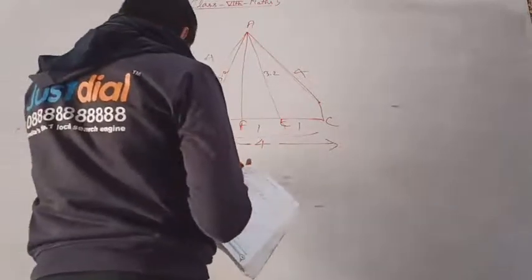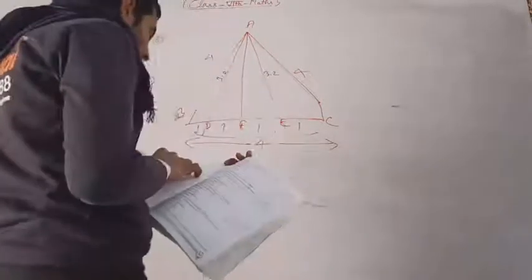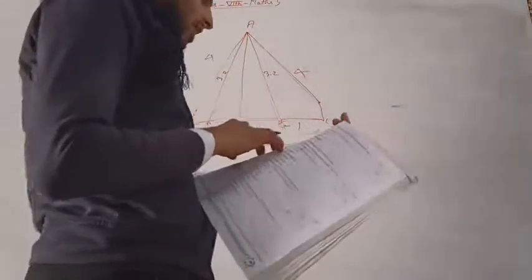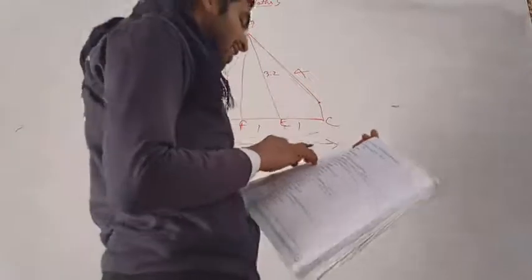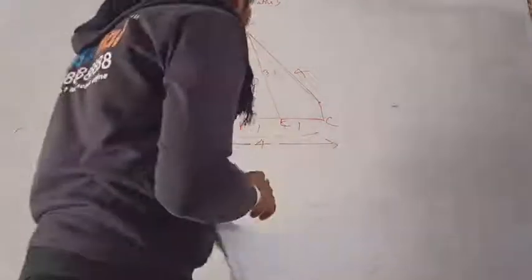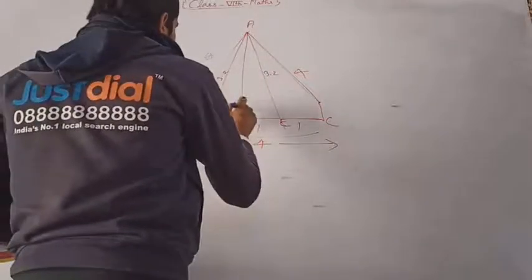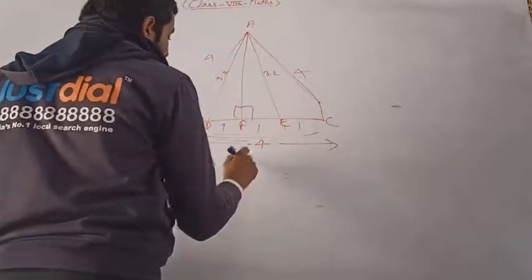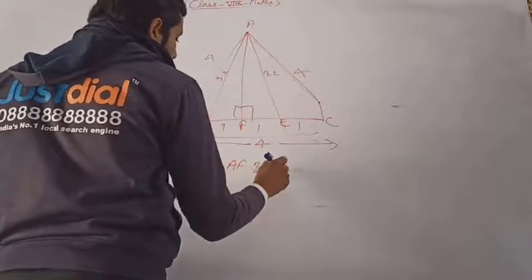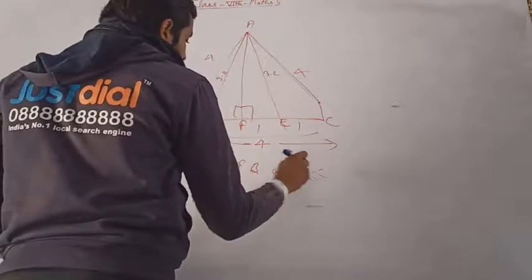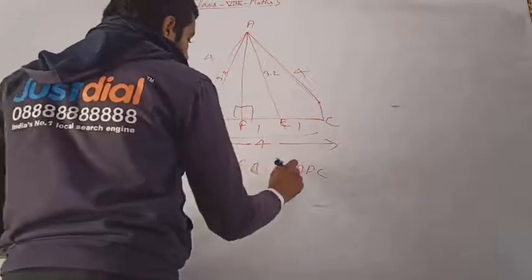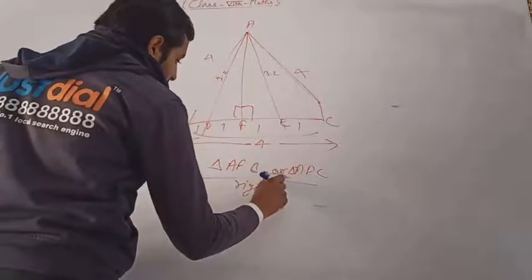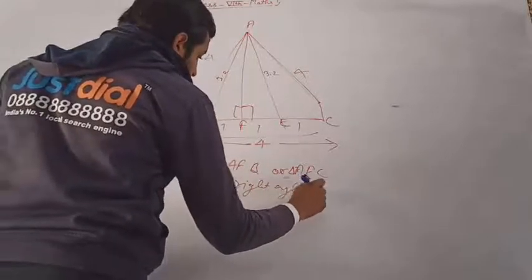Okay, again given acute angle triangle. So you have to measure the angles and then classify acute angle triangles, obtuse angle triangles and right angle triangles. Okay, you can say that the right angle triangles are AFB or AFC. These two triangles are right angle triangles. Right angle triangles. Okay.